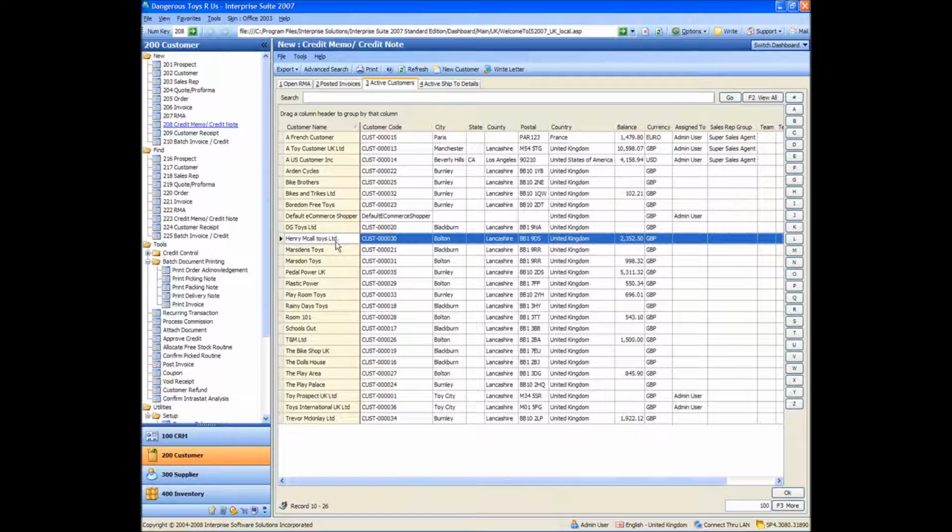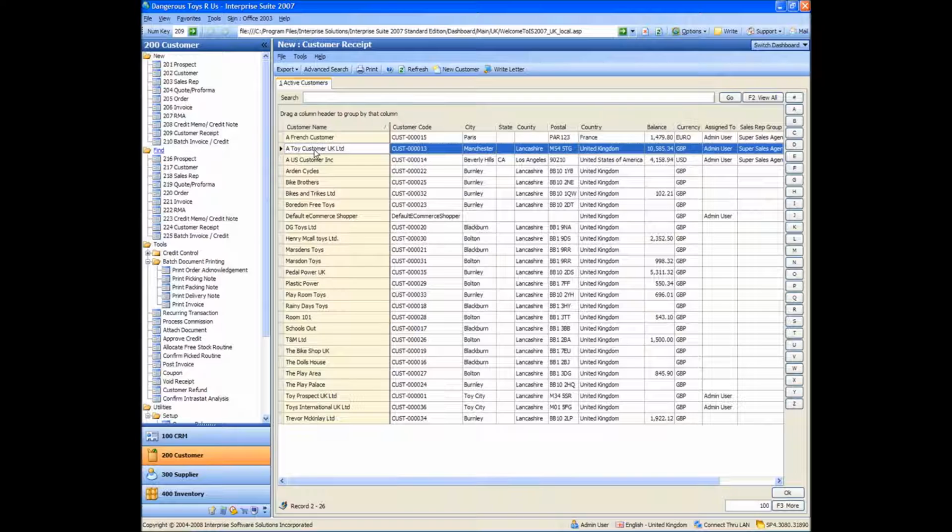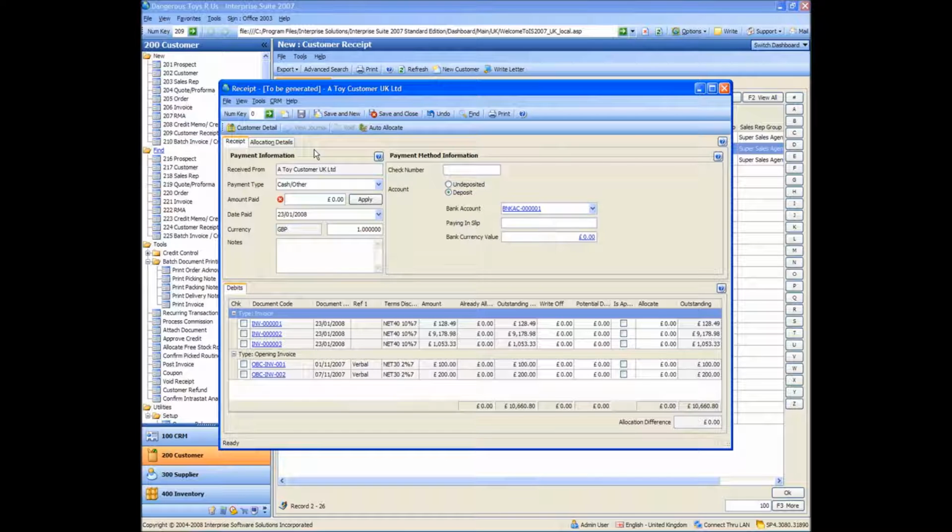Okay, so the next thing we're going to do is create a customer receipt. So I'm going to go into the new customer receipt option, and we're going to create our customer receipt for Toy Customer UK, and it's going to be for £100. I'm going to put £100 into the quantity, and if I just click save at that point, when I'm happy with the values I've put in,